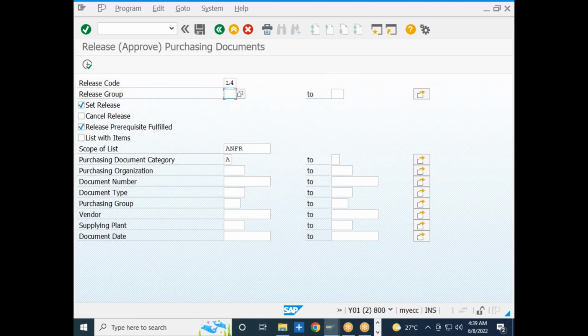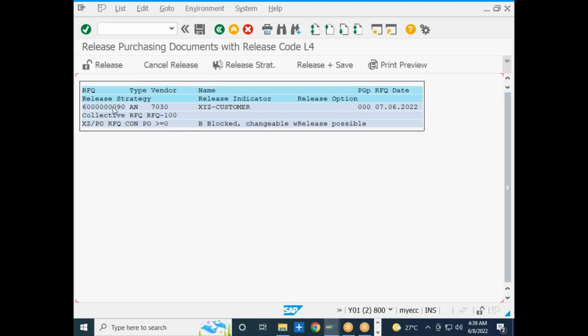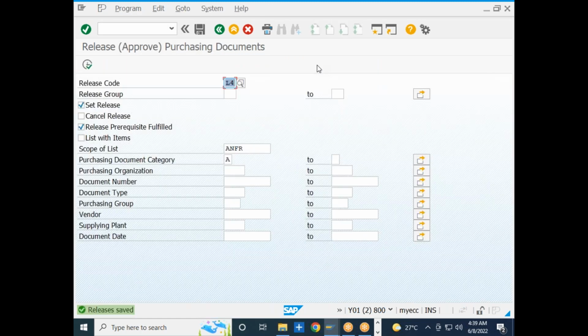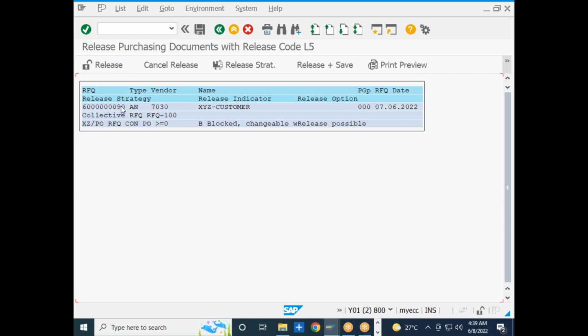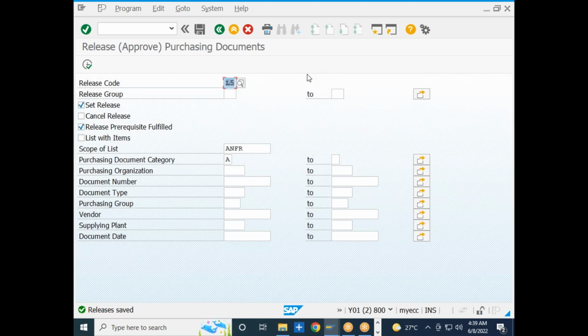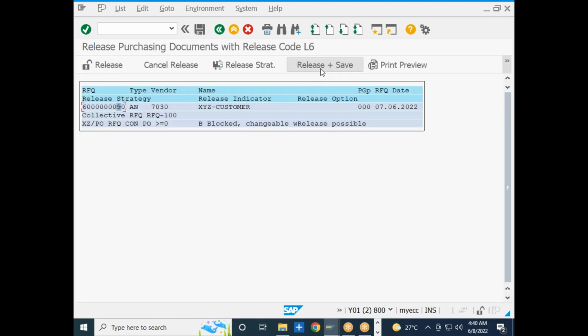Level 4 and XZ. So I will try to click on release plus save and the level 5 and XZ. But before releasing the request for quotation, you need to check thoroughly. But okay, since it is a test system, we are trying to simply release it. But before releasing or accepting a purchase requisition, you should be able to check properly. Then only you need to click on select release plus save